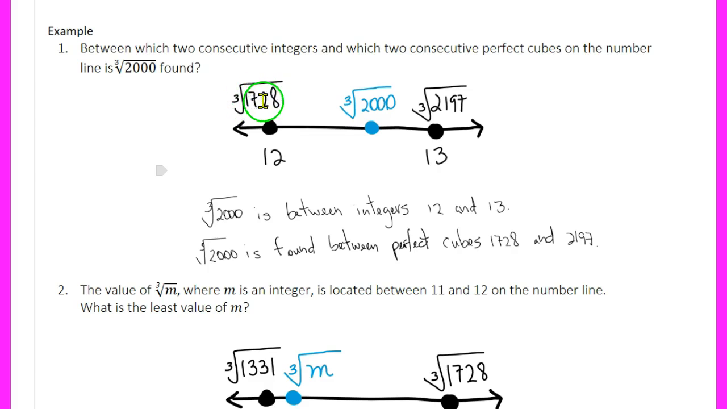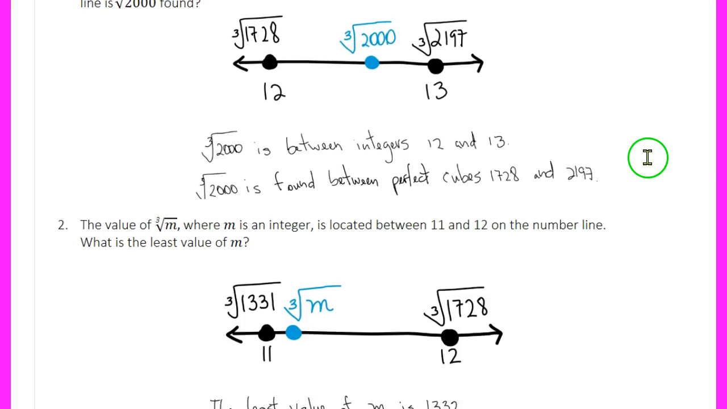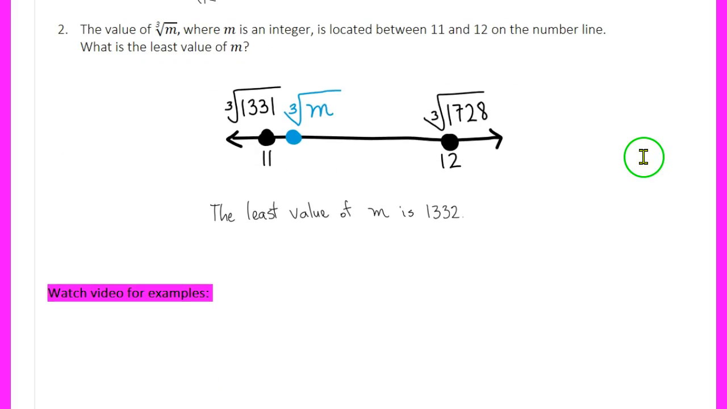Those are 1728 and 2197. Then we find the cube root of 1728 is 12, and the cube root of 2197 is 13. So we have both answers. The integers will be 12 and 13, and the perfect cubes will be 1728 and 2197. Okay? And our last example,